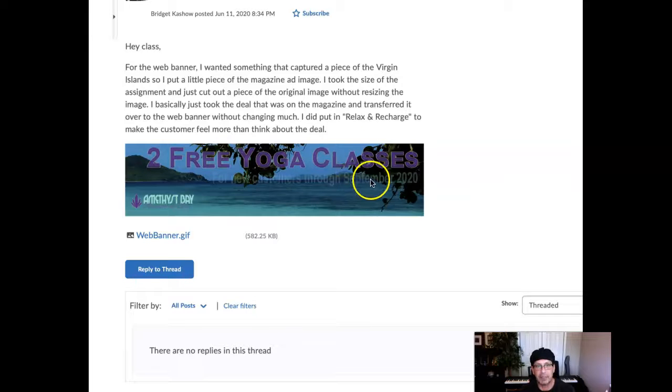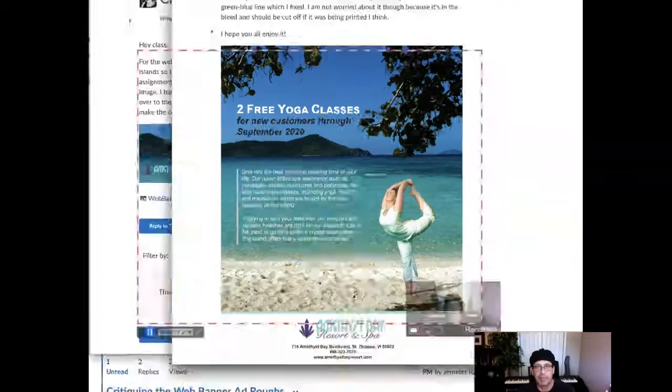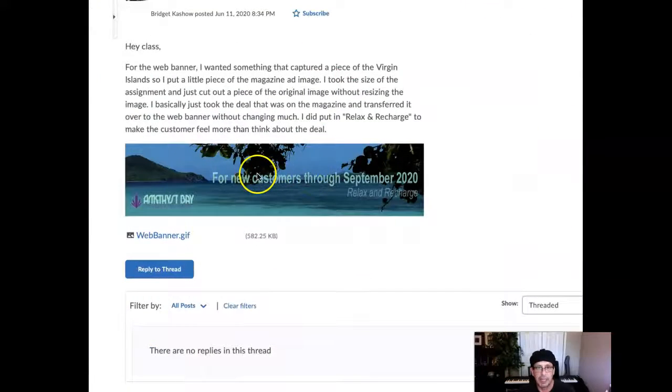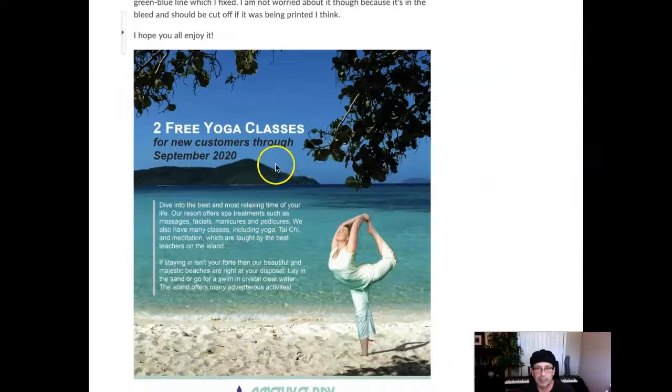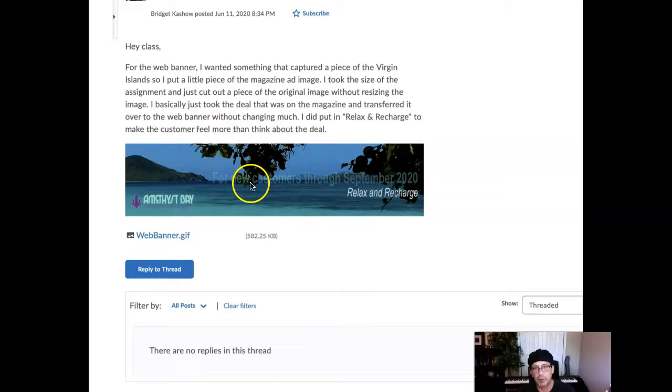But the background image, yeah, I think it's a good crop. It works. The background image itself here, though, is a little bit dark. It seems lighter here than it does here. And I think that's because right now we're concentrating on the darkest portion of the image. My recommendation is to run this image after you crop it, put it in Photoshop, and run an adjustments layer on it to bring some of the detail back in the leaf areas.